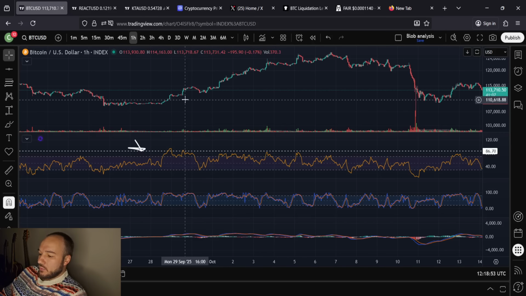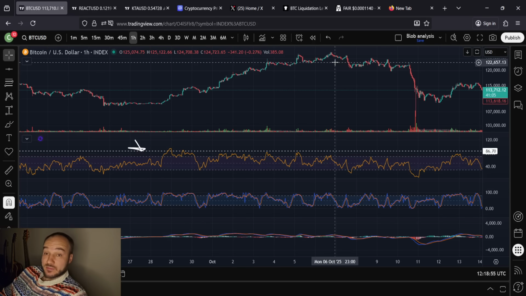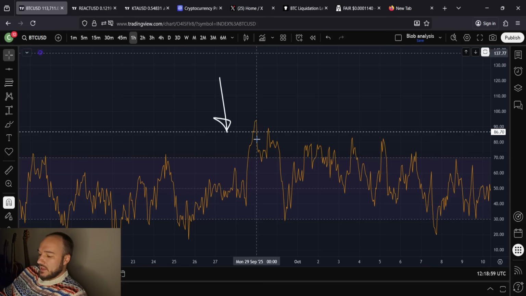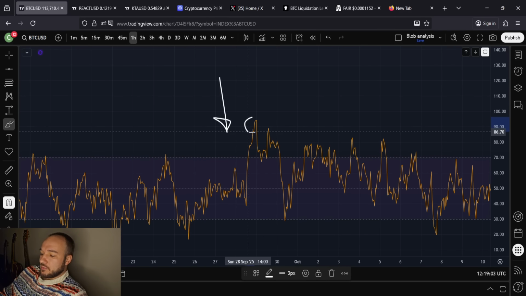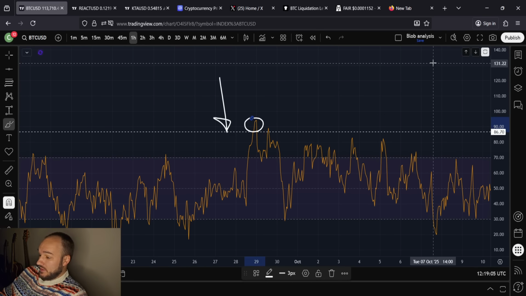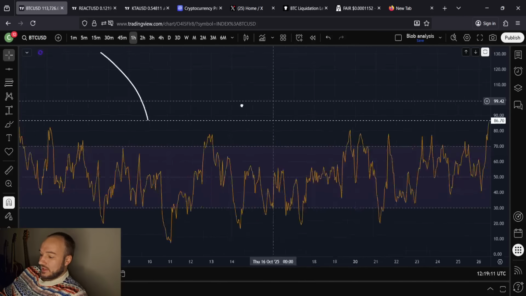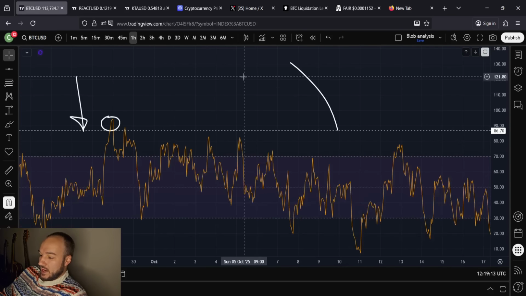The main point, I'm not trying to say that we're going to go on another run like this. Maybe we do. Maybe it's stronger. Maybe it's weaker. That's not the point. The main point being that there was more to come. We got super overbought here, just like we are now. We're at the 86.7 level, but here we got a little bit more than that. But this is the last time that we saw anything close to where we are now.